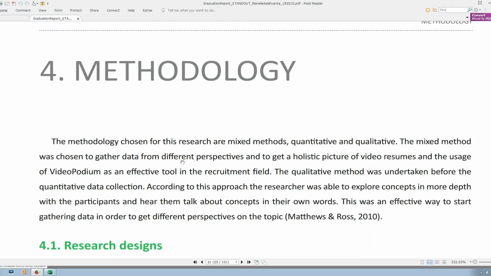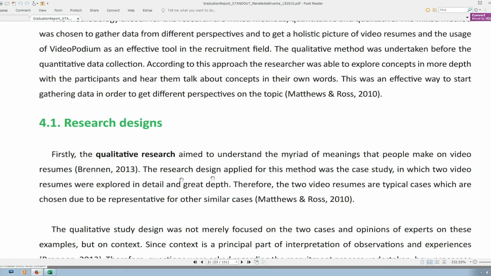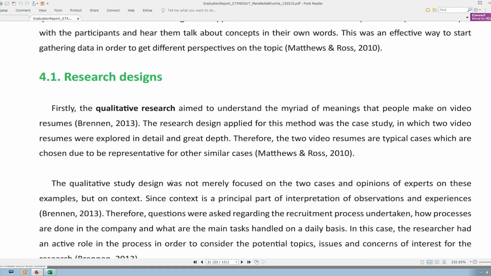How will this look like in your report? Well, let's see. First of all, which methodology has been used? A mixed method, quantitative and qualitative research. For the research designs, you use first a qualitative research design,